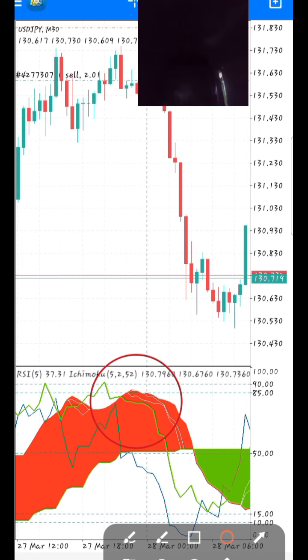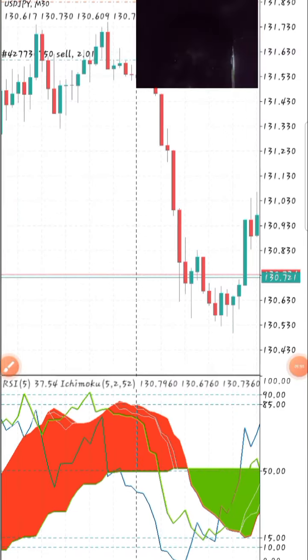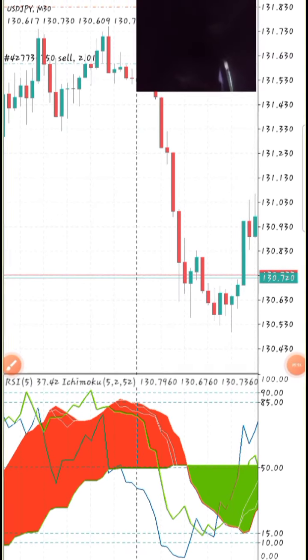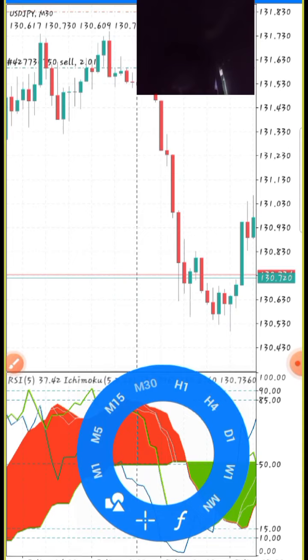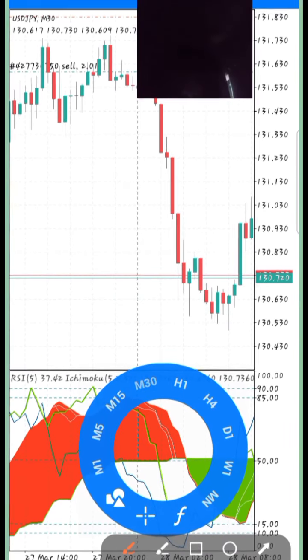The Ichimoku and the RSI are both at the overbought area, and as soon as the Chikou span of the Ichimoku returned back into the cloud, as soon as they returned back into the cloud, that is where I took my entry. Also, if you observe the condition of the chart, you can see right there